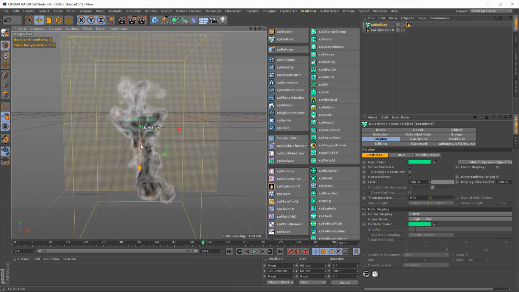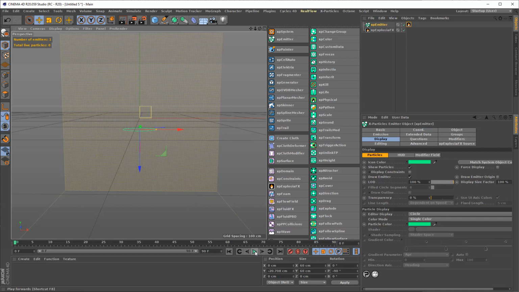If I move now my emitter really at minus 20 centimeters, I get exactly the same thing. If the emitter is at 0 on the y-axis, I get nothing again, right? Let's move it up now. Then I will